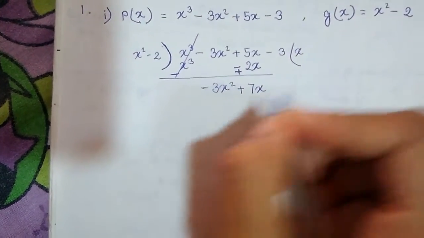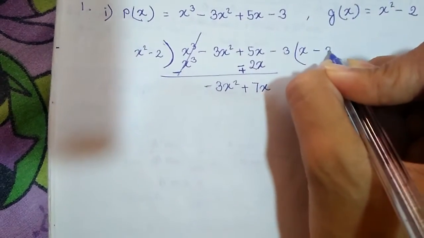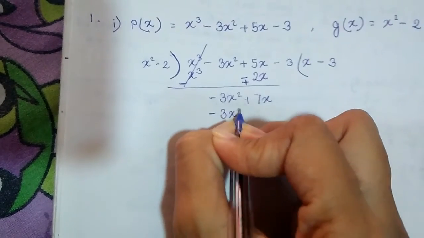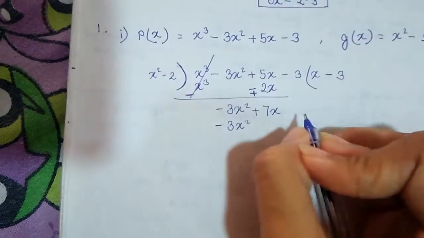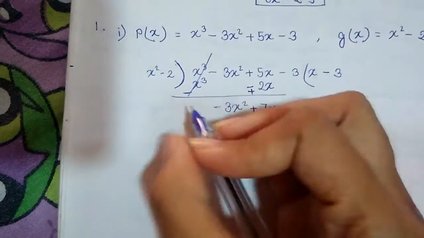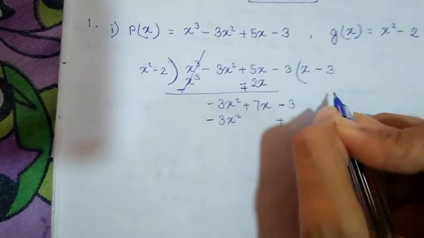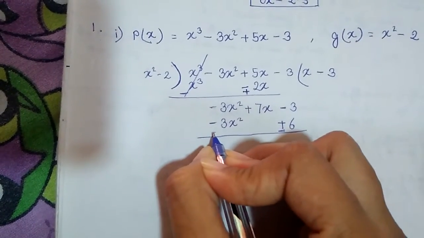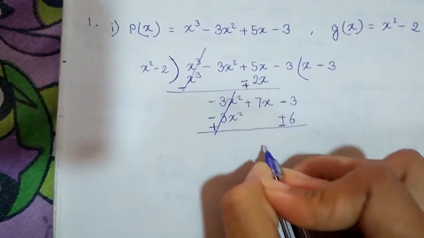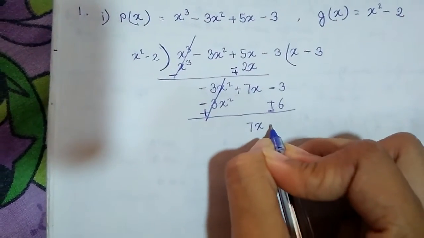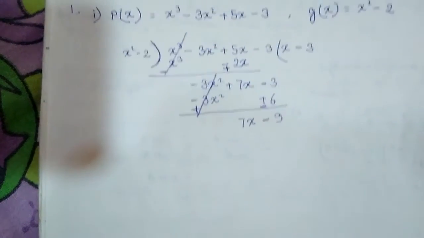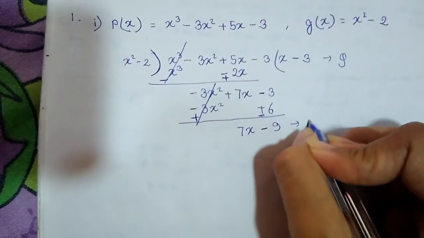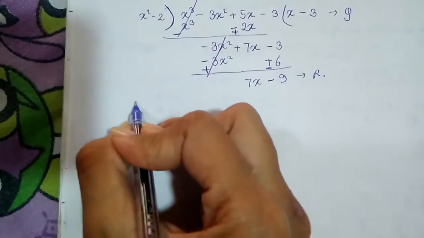We have to cancel out only one term at first. So minus 3 into x square gives 3x square, and minus that will be plus. So minus 3 we will write, minus that will be plus. 3 into 2 is 6. Now you have to change the sign also, and now we get 7x, 6 minus 6 minus 3 is minus 9. So this is quotient and this is remainder. So you have to write your answer as